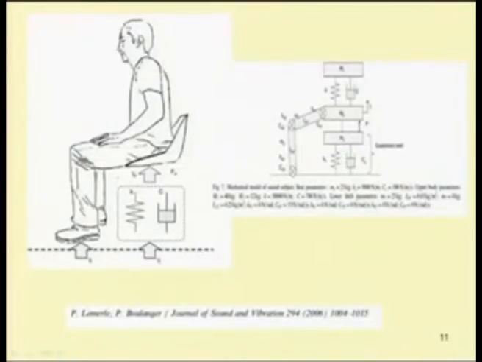So, this is the sitting position. The leg is modeled as 2 links, with different postures, and the sitting arrangement is modeled by a spring mass damper system, and the backbone and head are also modeled by different spring mass damper systems. In this way one can model different systems by different lumped parameter models.